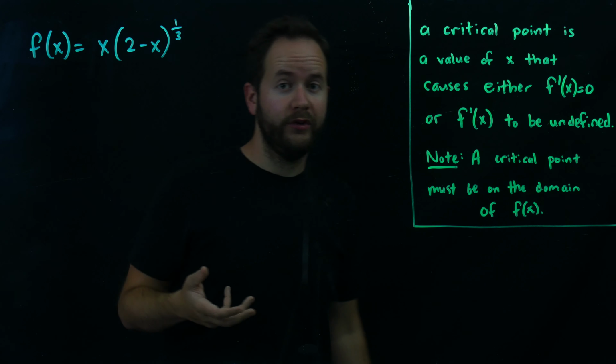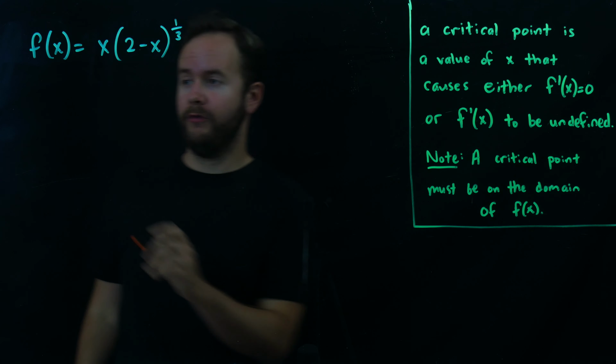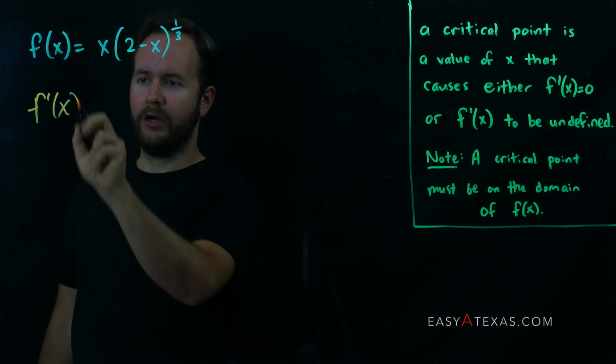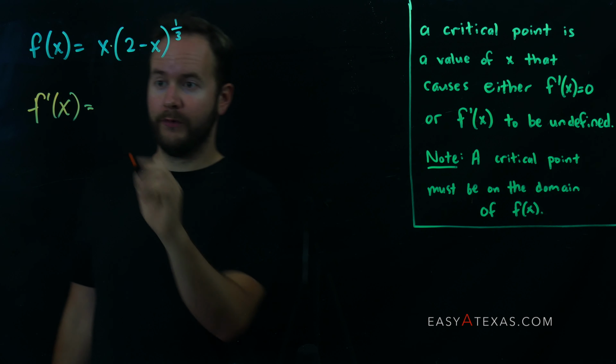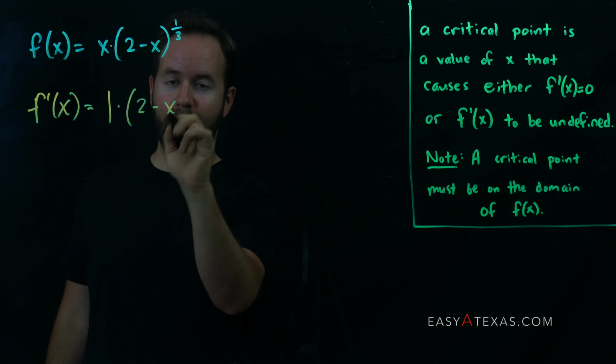In order to find the critical points for a function, you first need to take the derivative. So let's go ahead and do that. F prime of x here is going to require use of the product rule because we have x times 2 minus x to the 1/3. I'm going to take the derivative of x, which is just 1, leaving the 2 minus x to the 1/3